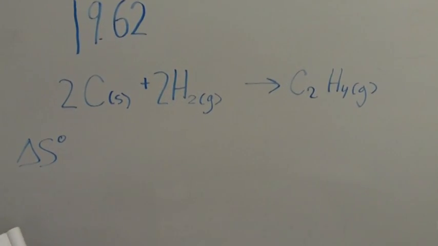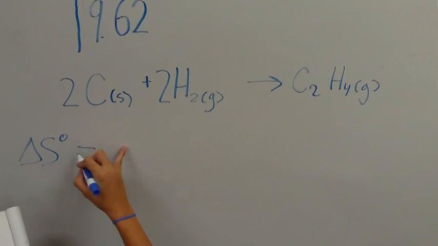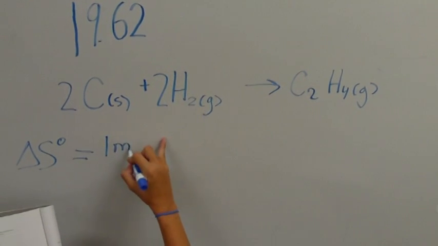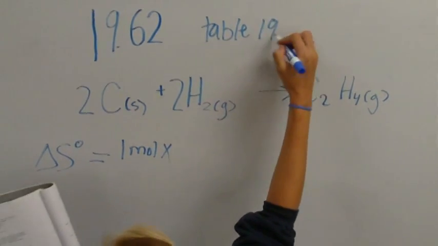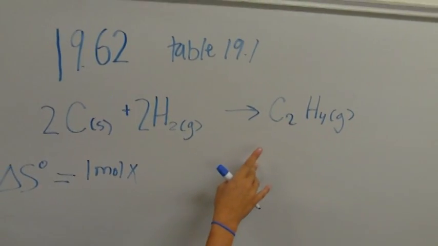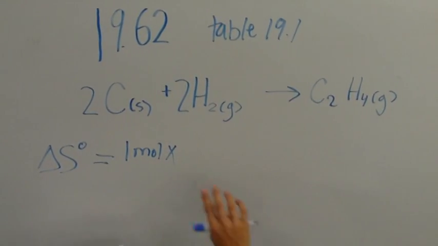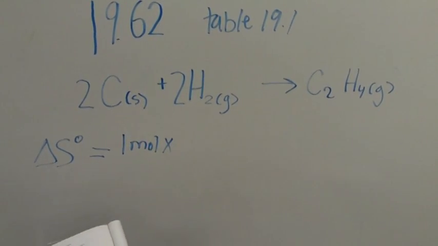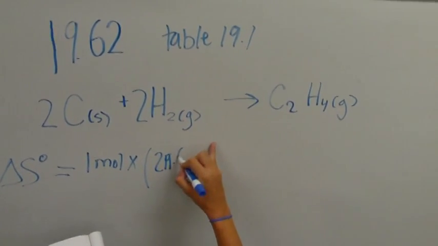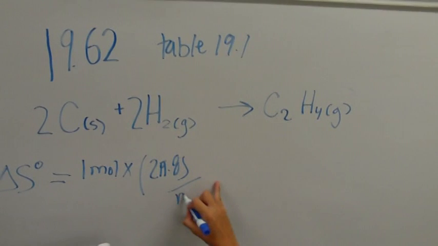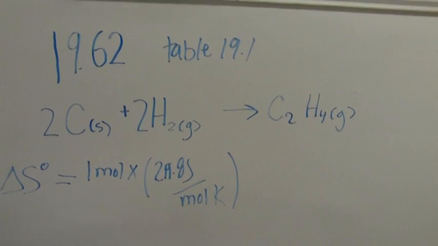I'm not going to write out that big long thing. You should know that it's going to be the products minus the reactants. So that's going to be 1 mole, and again, reference back to table 19.1 to get your values for these things. And if not table 19.1, there's a bigger table in the appendix in the back of the book, so you can also look that up. So 1 mole times 219.8 joules per mole Kelvin,